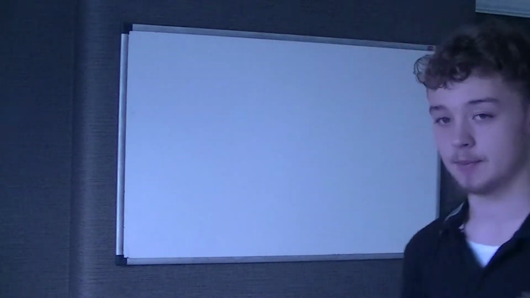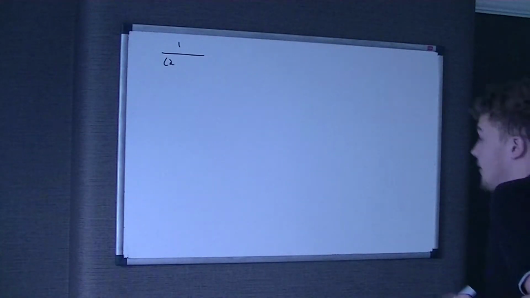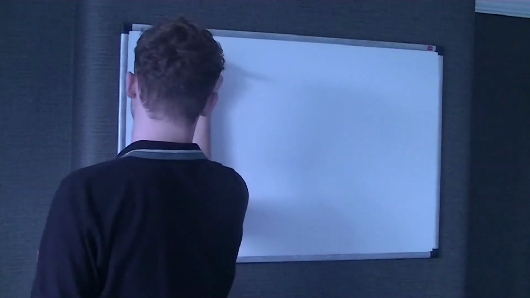So this question is quite a nice one. It's a binomial expansion one. I don't personally think it could easily be in a C2 exam question, so it's quite a nice one they've thrown in there. So basically we're told to expand this. It's 1 over 2 take 5x squared. Now